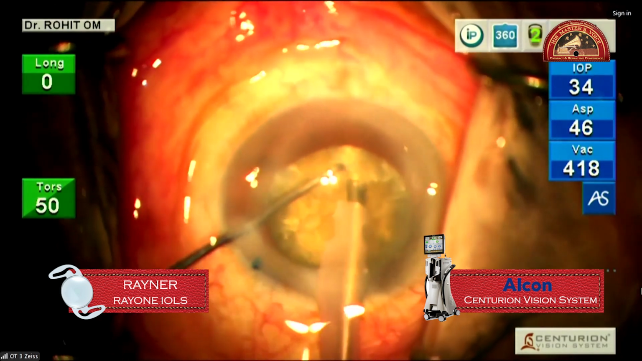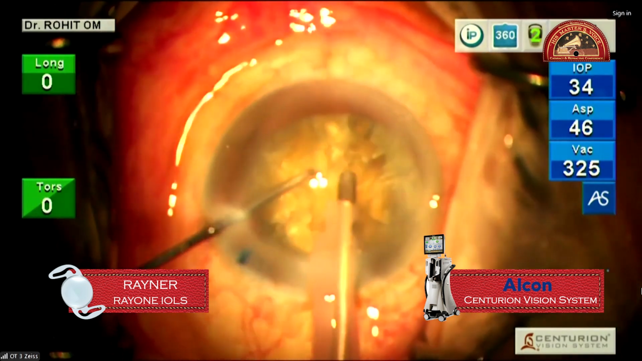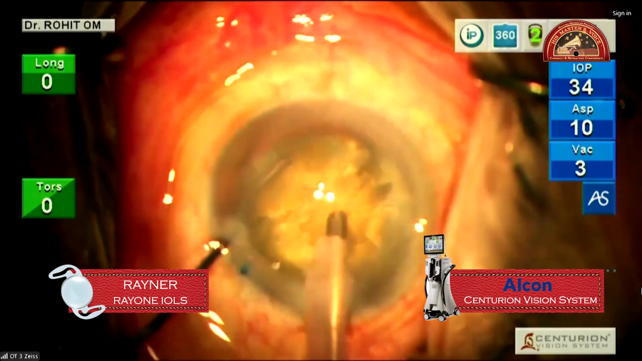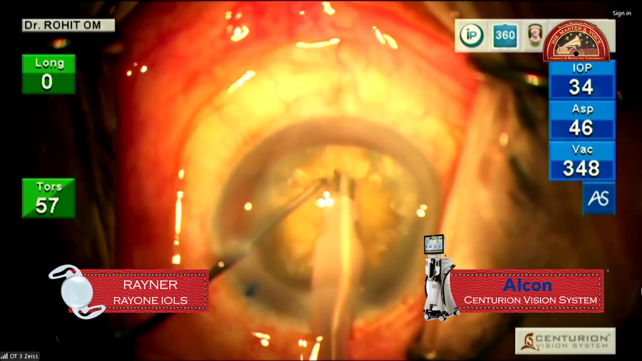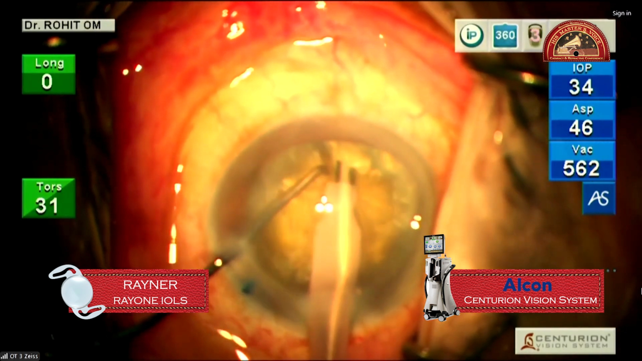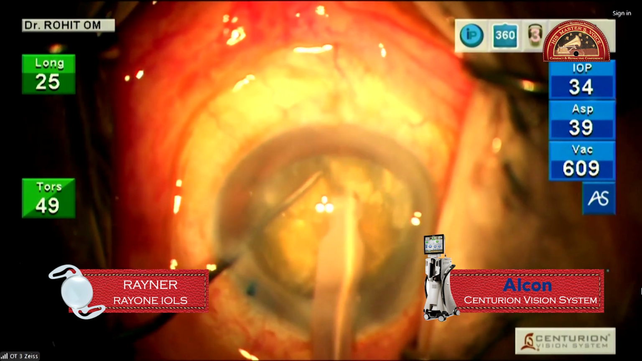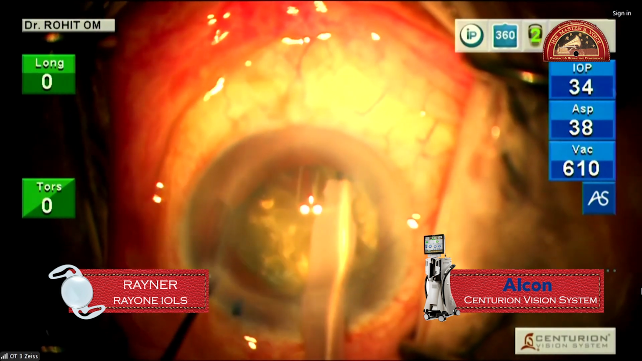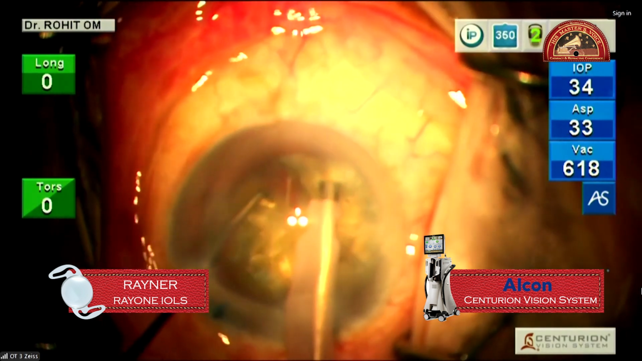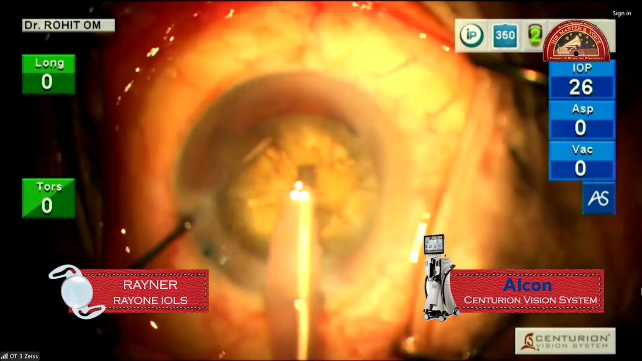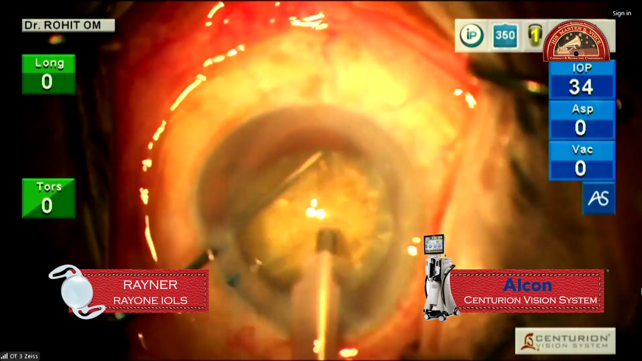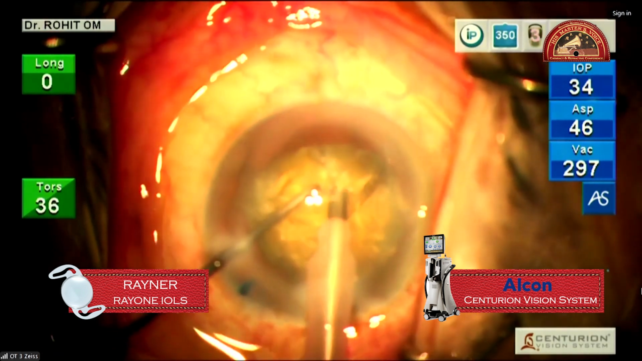You know, these myopes, the nuclear fragments are harder than what you expect. Still,